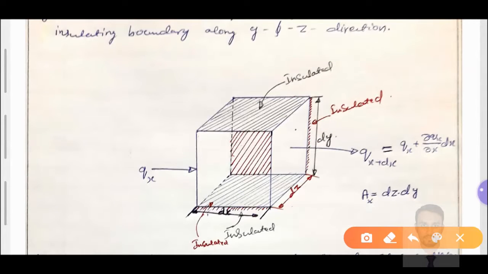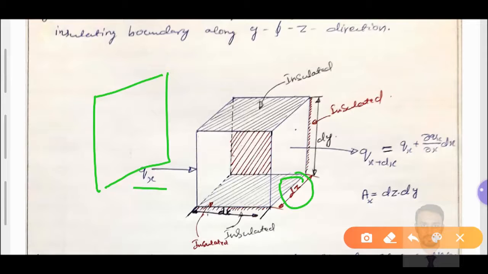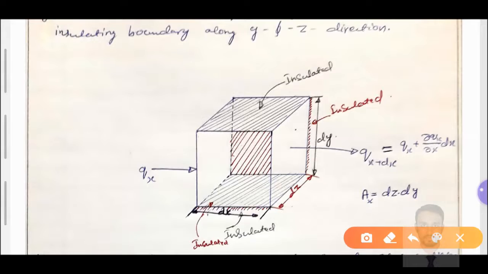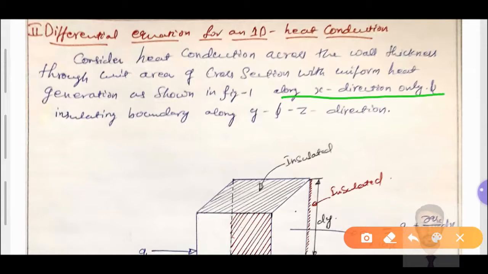Only the heat flow takes place along the x direction with respect to this surface area. The surface area required for heat flow along the x direction depends upon dz and dy. The area of cross section A, with respect to heat flow along the x direction, is dz times dy. See here, as per this, along the x direction only the heat flow takes place, with insulated boundary along the y and